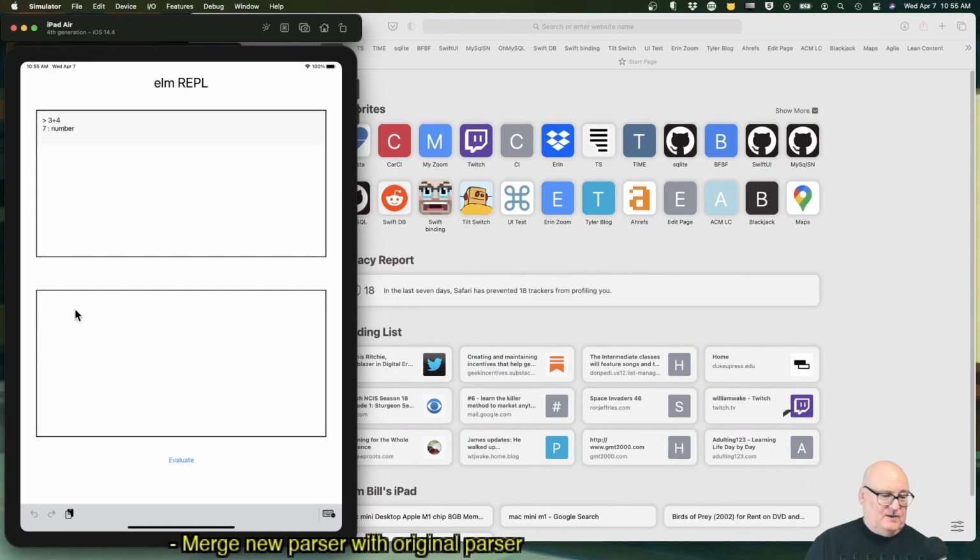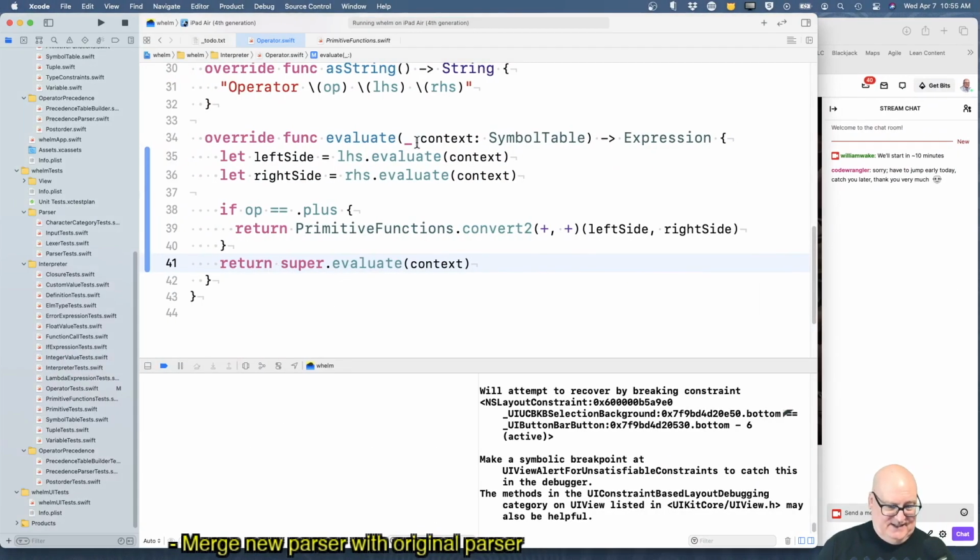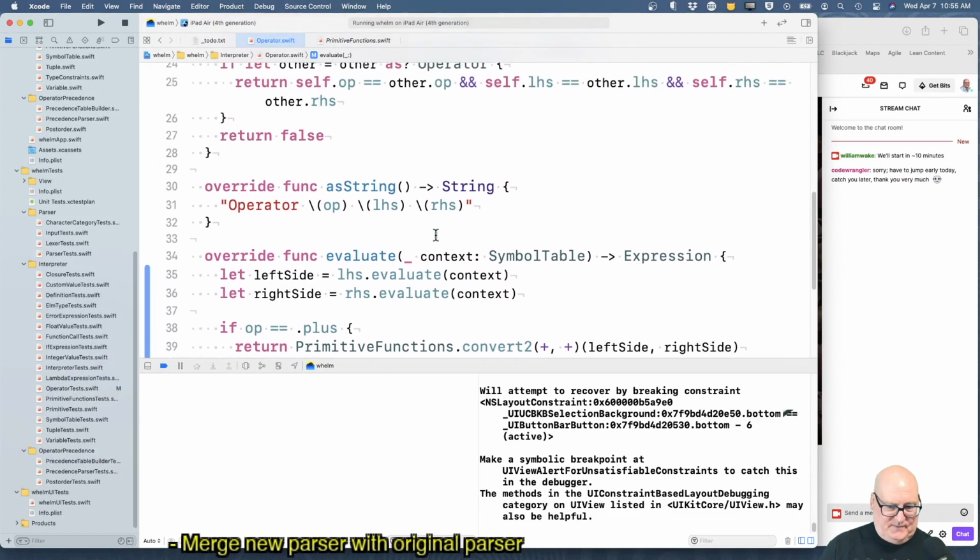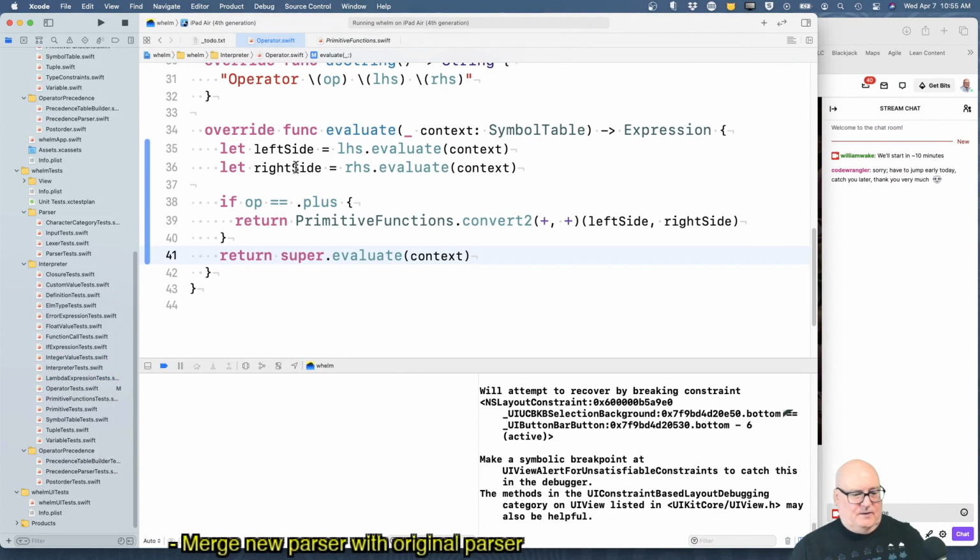All right, and now let's try 3 plus 4. Evaluate 7 number, yay. And let's do 3 plus 4 times 5. Evaluate internal error. And that is, we don't have a times. We don't handle times. Okay. Right.